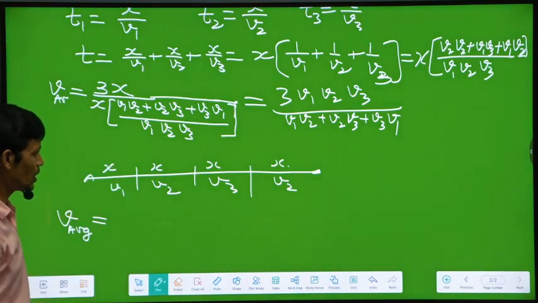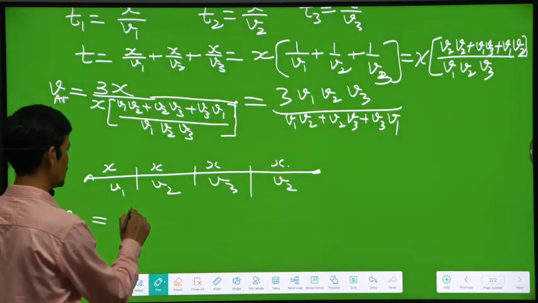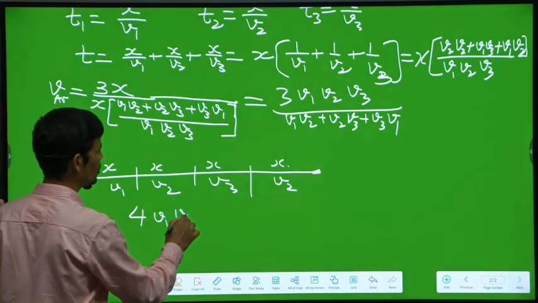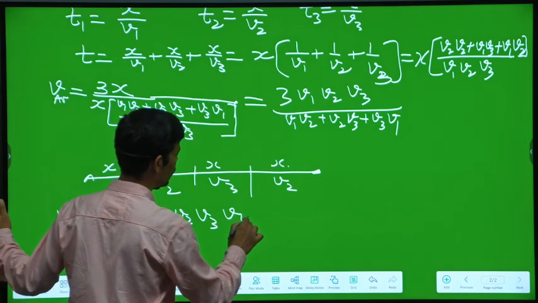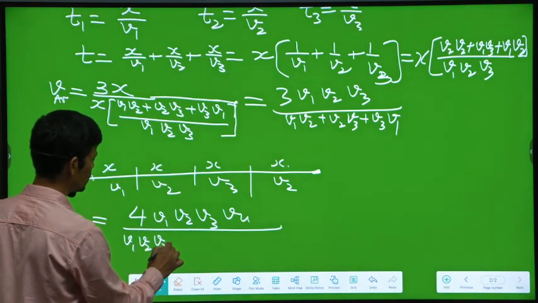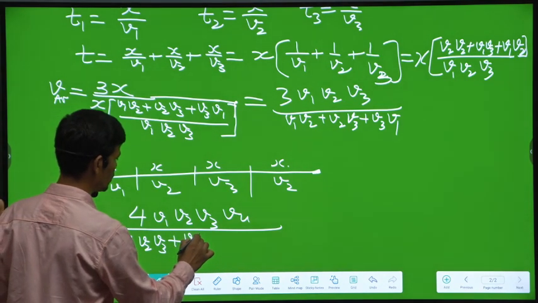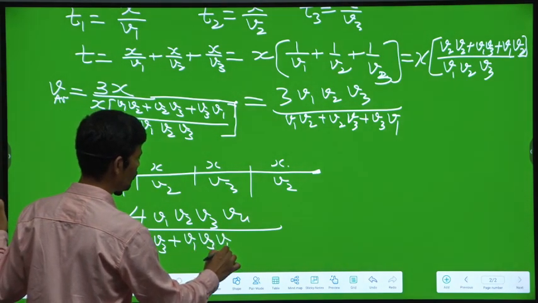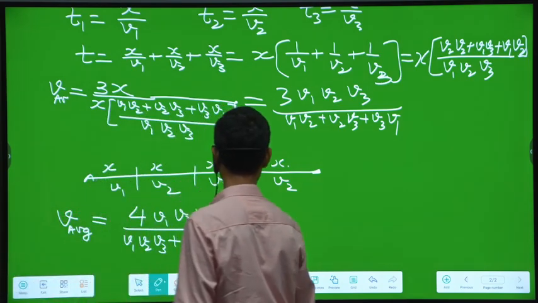You can give a try, and you will end up with 4 v1 v2 v3 v4 upon v1 v2 v3 plus v1 v3 v4 plus